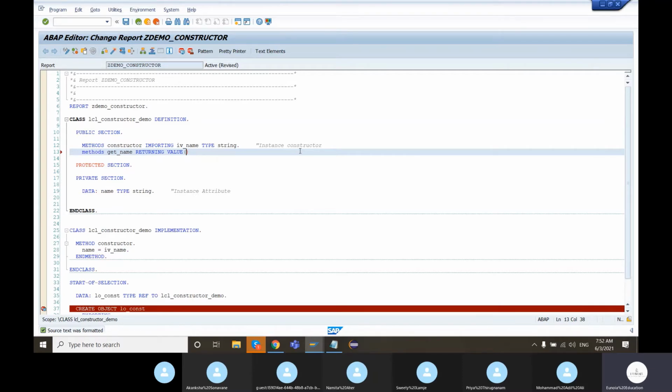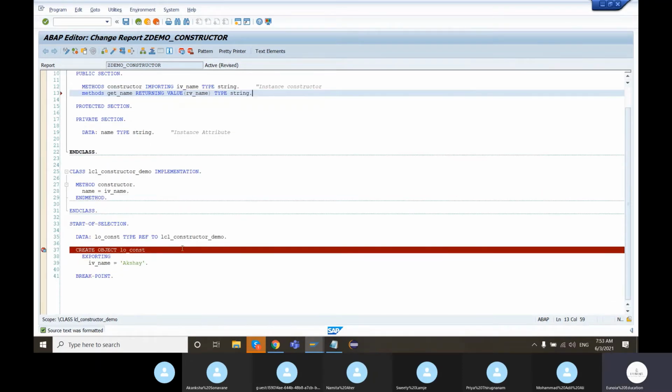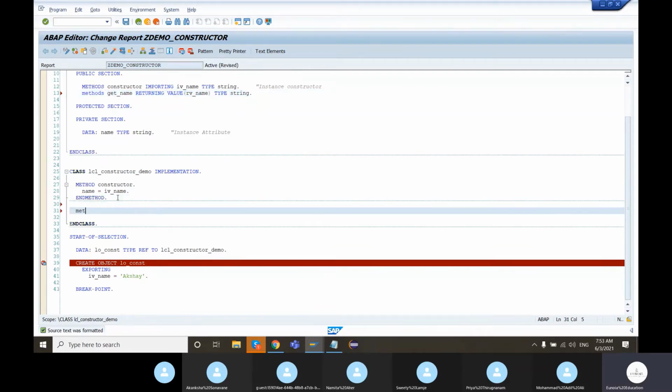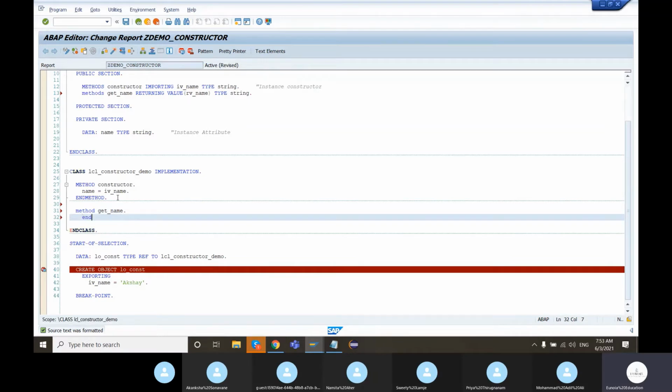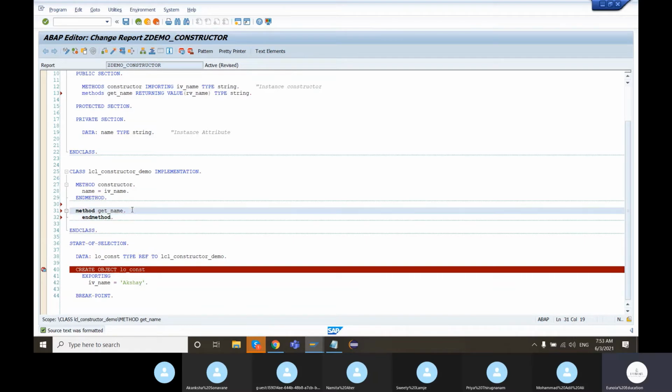Get name returning value. What we're trying to return is name. So RV name, that is the naming convention that we'll use. R stands for returning, V stands for value. RV underscore name type string. Just implement this method. Whenever you declare a method, you need to give its implementation. Get name. That is the end of this statement, and method. And simply what we are going to do is